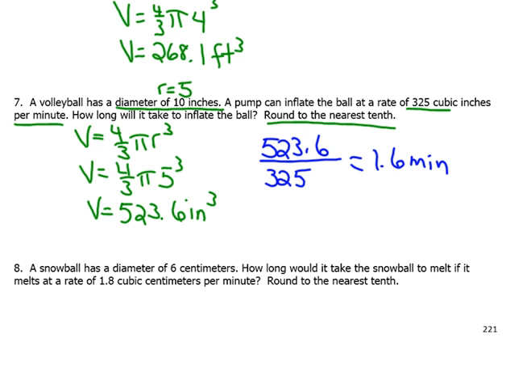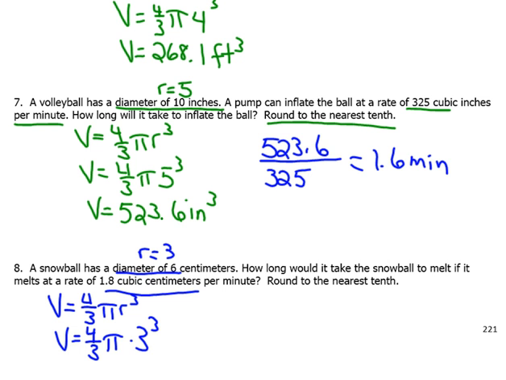And then a snowball has a diameter of 6, so again, I'm going to write radius right away. How long will it take the snowball to melt if it melts at a rate of 1.8 cubic centimeters per minute? Same idea. This time we have to find the volume and then divide by the 1.8, but instead of getting bigger, it's actually getting smaller. So 4/3 pi r cubed, 4/3 times pi times 3 cubed gives me a volume of